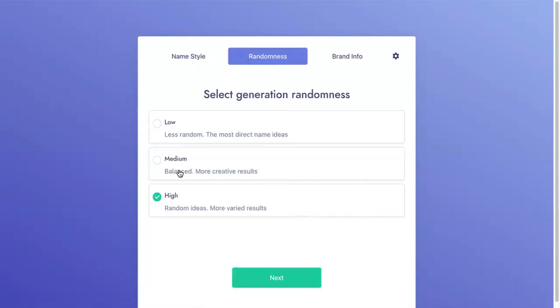You can do medium, which is going to be a balanced creative results, or you can do low. So I'm gonna do medium for this example, just to keep a good balance. And again, guys, take your time, play around with this. You don't have to pick the first name that comes up, but I don't want you to spend all day